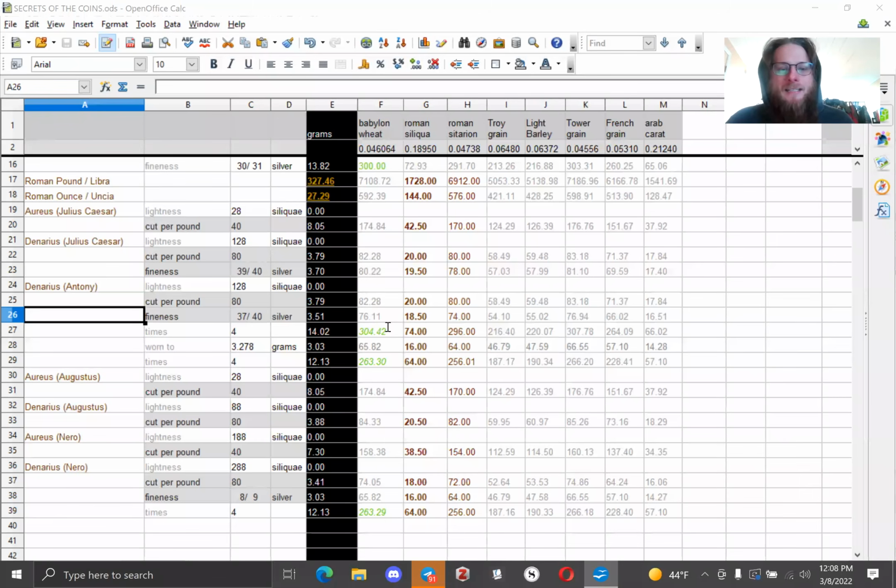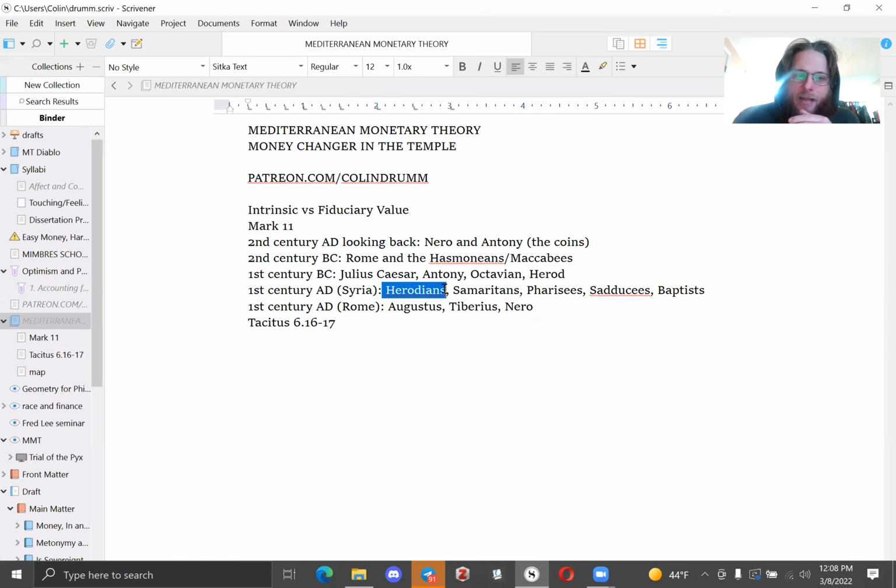So as I said, Herod dies sometime around 6 AD, and his kingdom is split up into 4 and then 3 parts. So the important thing to think about here is that the division of the kingdom is also a division of the monetary space. So now each of the Herodians, the successors to Herod, are going to be minting their own bronze coins. Now, these bronze coins are, here's the grain of truth in the chartalist story.